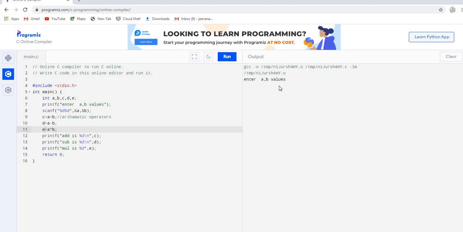It's asking me to enter the A and B values, so I'll take 6 and 4. Okay, you can see the output. Addition is 10, 6 plus 4 is 10, subtraction 6 minus 4 is 2, multiplication 6 into 4 is 24. Okay, next